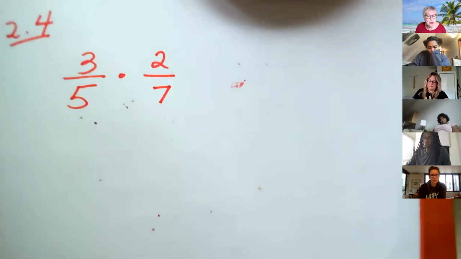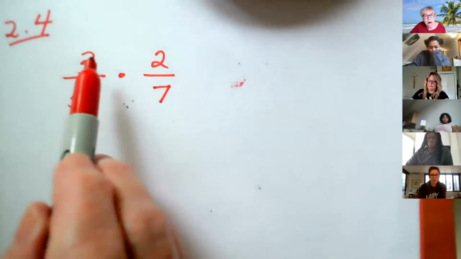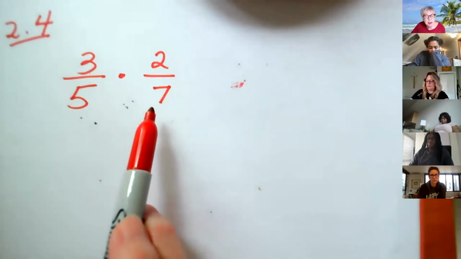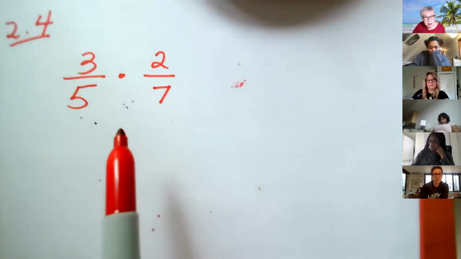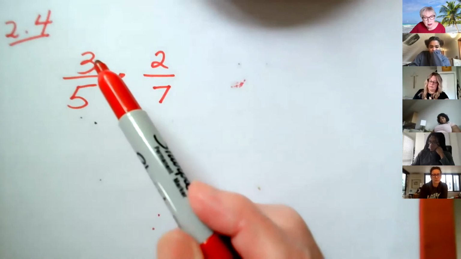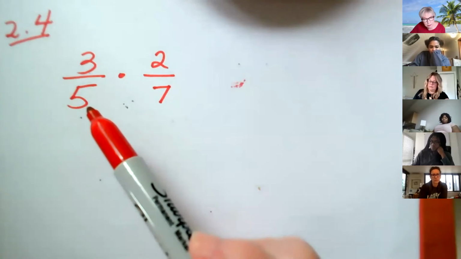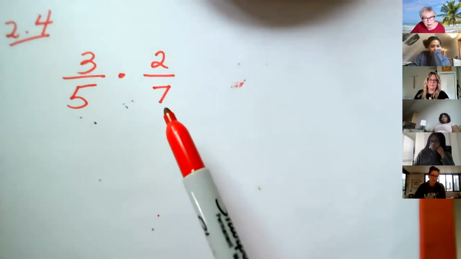So this is multiplication, and in a sense, we've already been doing it. So this is 2.4. And I'm going to show the various kinds of multiplication of fractions. The 3 and the 2 are both in the numerator, and the 5 and the 7 are both in the denominator. And what we want to do is see if we can't cancel. Now, if the 3 could cancel with the 5, or the 3 could cancel with the 7, but unfortunately the